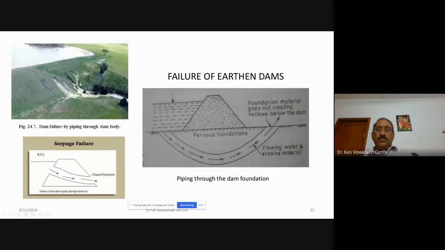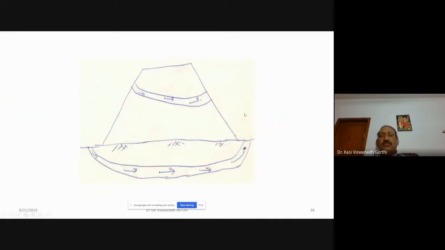Okay, so this is piping through the body of the dam. You can see here, this is the entire body of the dam. You have a pipe which may be connecting upstream to the downstream portion. The second category is that the piping may be formed even through the foundation of the dam. So this is the piping through the dam foundation, upstream side, downstream side. Both are connected here by means of a pipe through the foundation. So the dam section may be safe here, but the water is flowing through this foundation to reach the downstream portion. This also may lead to a failure. So in piping, there will be two types of failures. One is piping through the body of the dam, and the other is piping through the foundation of the dam.